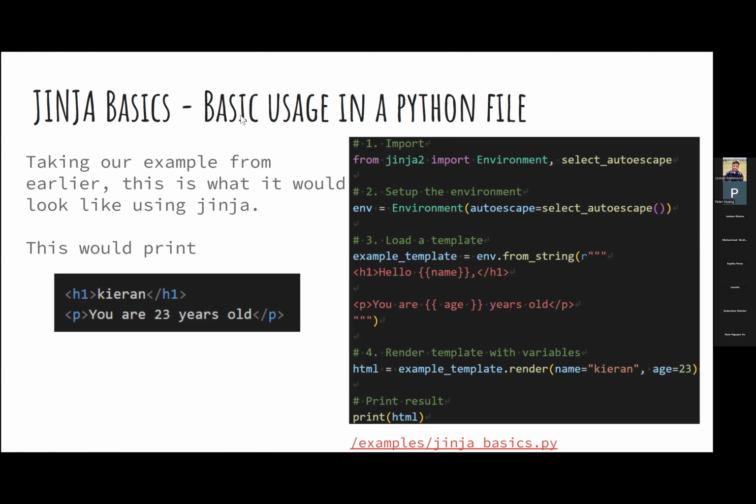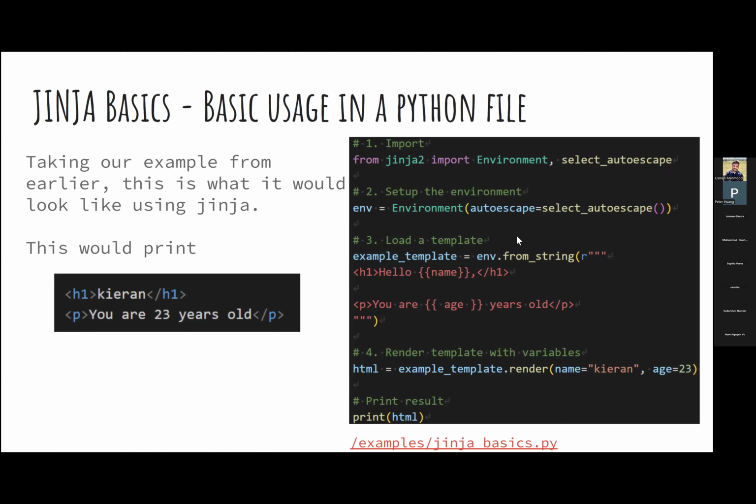So looking at this, essentially what we have is taking our example from earlier. This is what it would look like using Jinja. So again, you can see there's a lot of content shown over here, except this is all written in Python. This component here is just pure HTML. So we have again H1 Kieran H1, the tags, and then you have your P tag saying you were 23